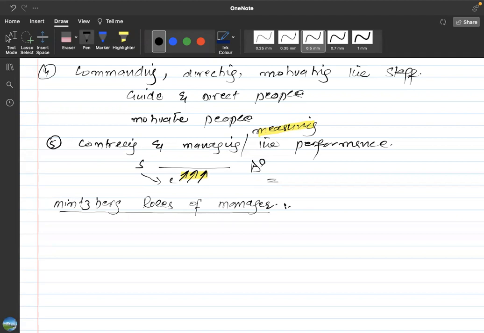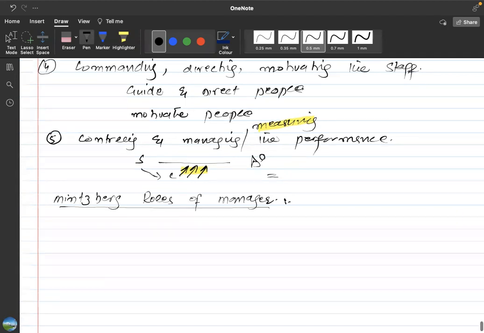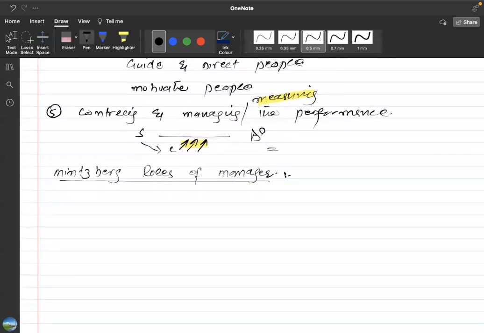We're talking about the roles of the functions of the management. Another theory after Henry Fayol is Henry Mintzberg's theory of the roles of the management. According to Henry Mintzberg, there are three types of roles that are further divided into 10 roles indeed, but there are major three types of roles that a manager performs inside the business organization. Those three types of roles are interpersonal roles,